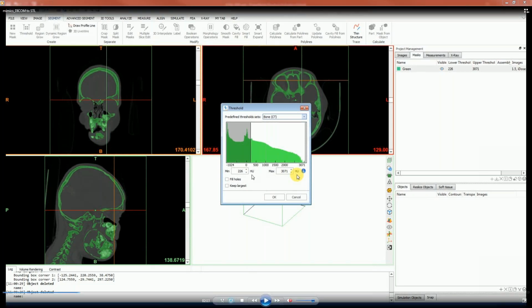We use millimeters, but here Hounsfield units are used. See, the minimum is 226 and the maximum is 3000. So there is a range for the bone. Only this much threshold will be selected, and this is connected as bone.